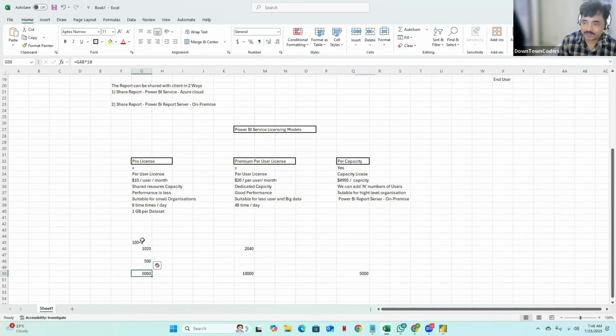You cannot actually use the data if it is larger than 10 GB. Okay, so यहाँ पे तो बहुत ज्यादा चार्जेस लगने वाले, तो why can't you go with the per capacity? Okay, so this is how they have kept the pricing model. And recently, after February 2025, they have changed this price to $14, $24, and इसके लिए तो अभी charges